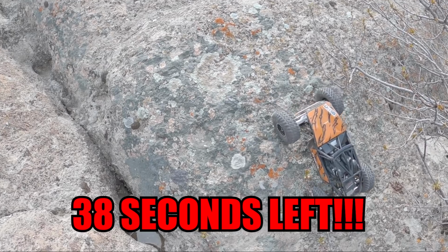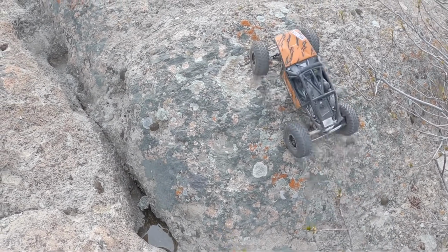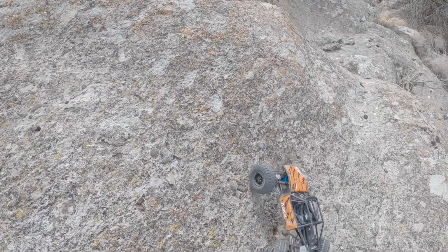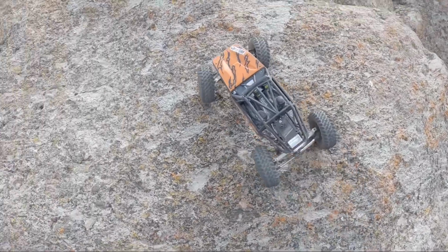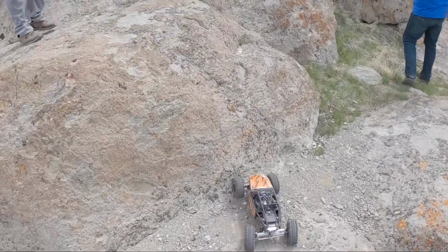I need to cover some ground to get there, and I got to get through the obstacle of gate number 10. I take the reverse, I floor it, I jump up the rock, get the rear steer pointed around to try and help me rotate. The car is not climbing uphill. Got to get the rears pointed uphill to get it going. Big climb here, still trying to cover ground, not a lot of time left,